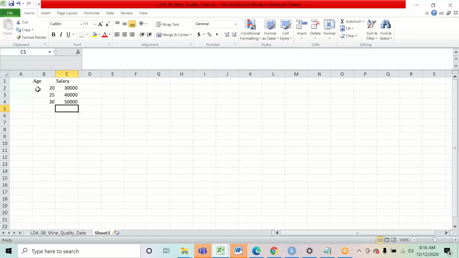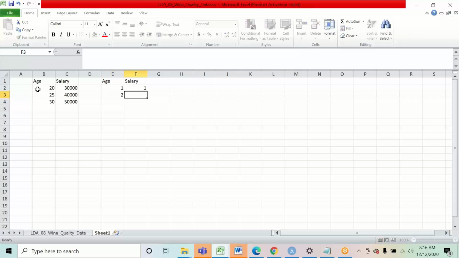Now in this case, this is the smallest age and this is the smallest salary. So don't you think if I just represent both of them by 1, I will be saying that this is age and this is salary? Can I say this is the smallest age and this is the smallest salary that I have in my data, if I just represent it by some number, right? So similarly,